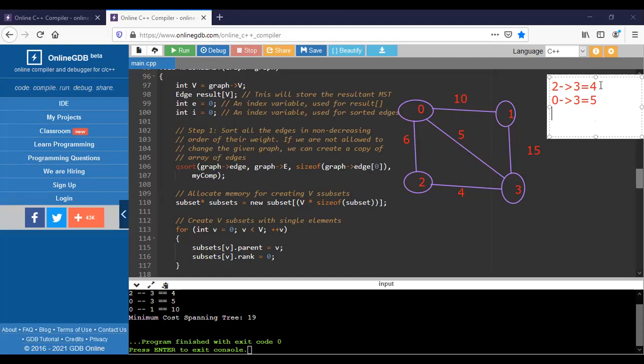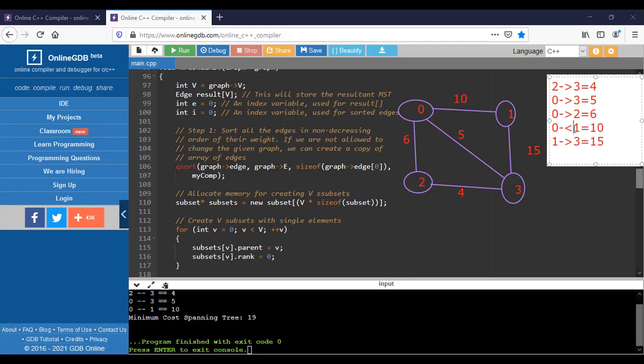And the other value here is 0 to 2, which equals 6. And the other value here is 0 to 1, which equals 10. And the next one is 1 to 3, which equals 15.